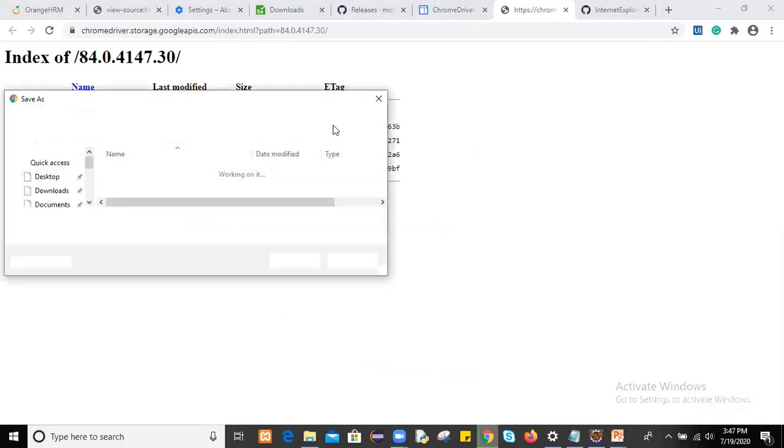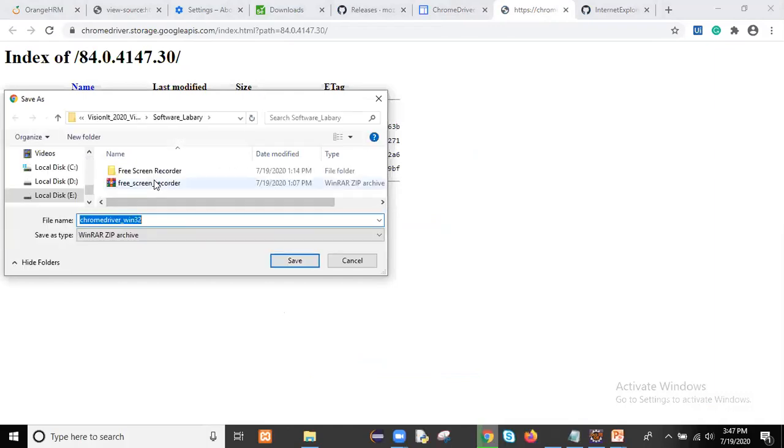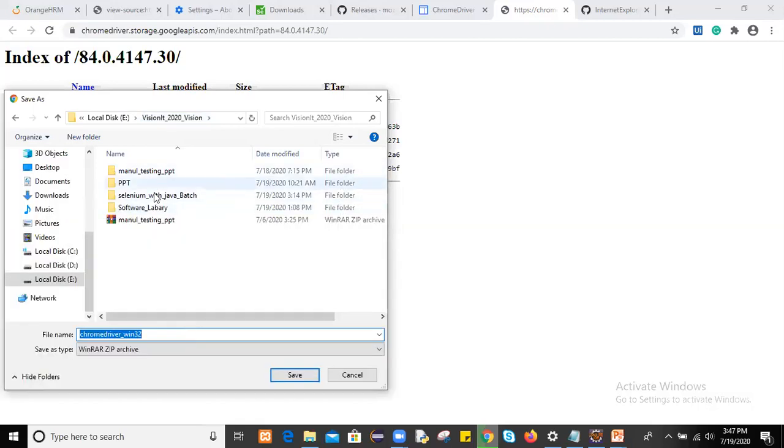For Chrome driver, we'll check. Let me download first. Let me save this file first. Here I exactly wanted to save in this folder. So we have software library.